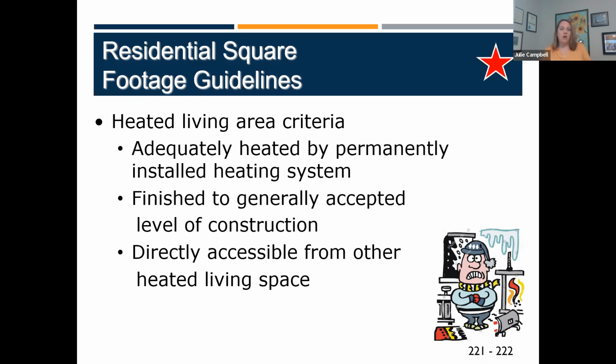Like, for example, an unfinished basement. I can advertise the square footage of an unfinished basement. I can say there's an unfinished basement in this house of X amount of square feet, but I cannot include that unfinished basement in the heated living area criteria. Okay, so if I want to count it in the total heated living criteria,